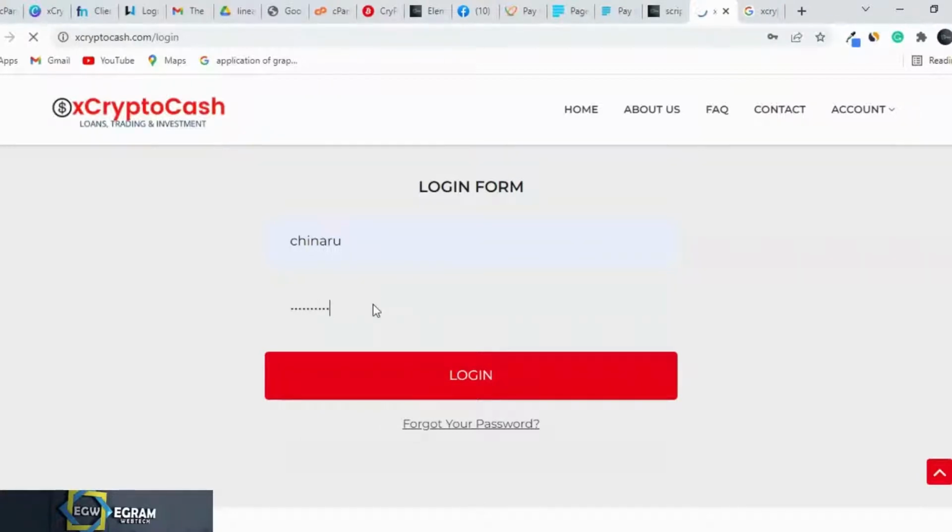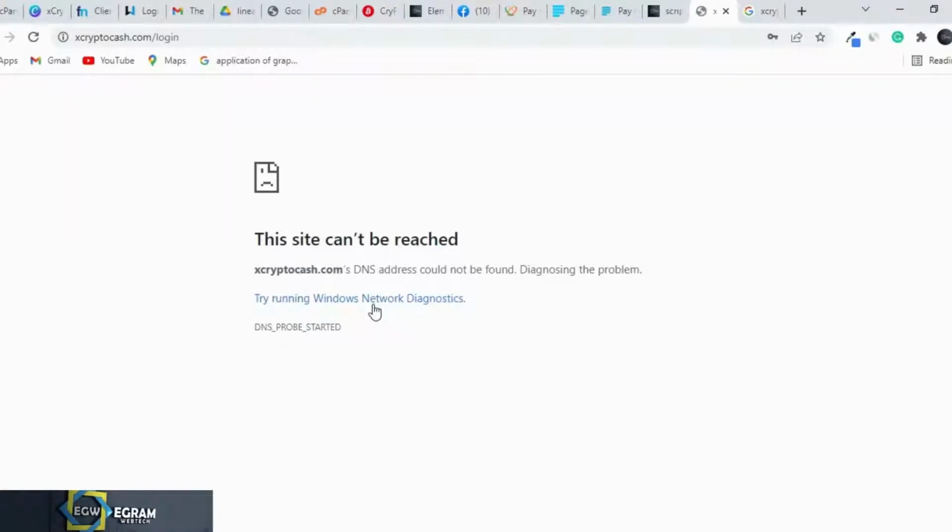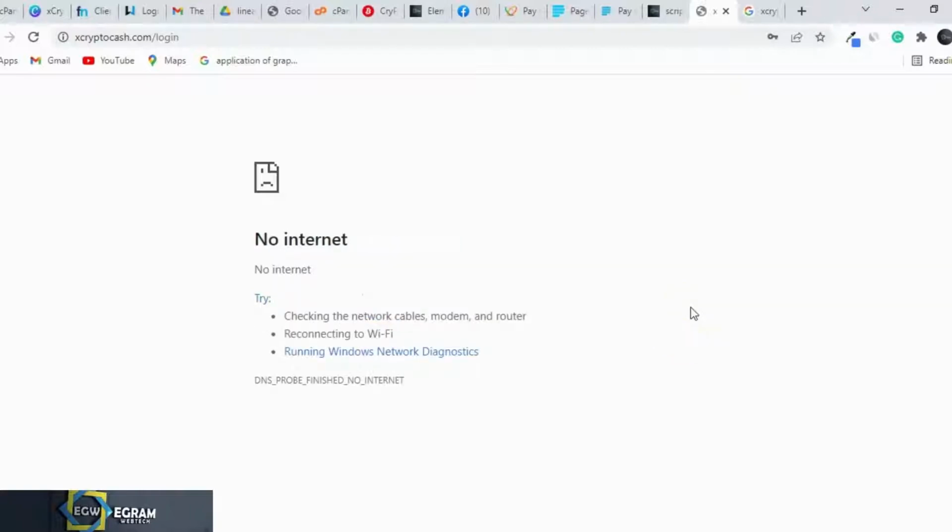Enter. So what's up? Oh, my network. What is happening? My network. How will I not have network again? What? I have data. What really happened? I think there should be network.